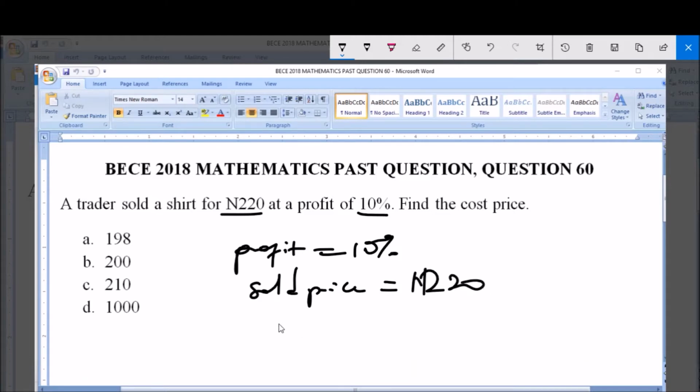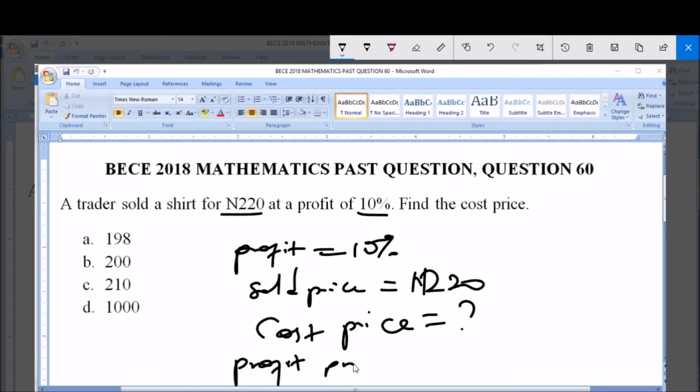Now we are asked to find the what? The cost price, that is the original price of this shirt. Now for us to find the original price of this shirt, we'll find the what? The percentage of this profit in this sold price and subtract it from this sold price. So therefore, to find it, the profit